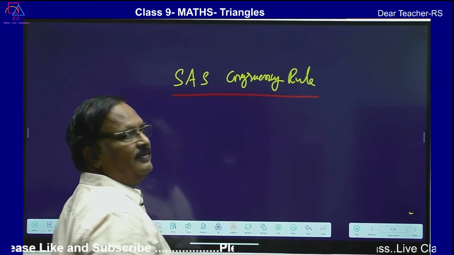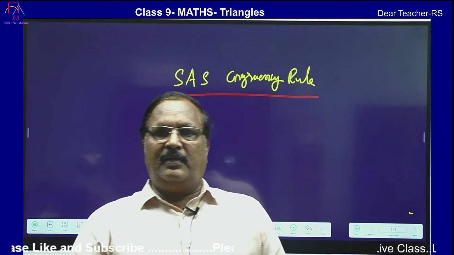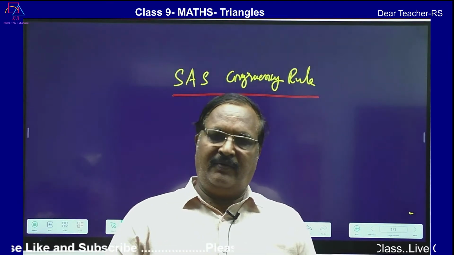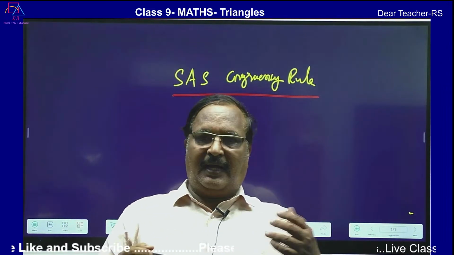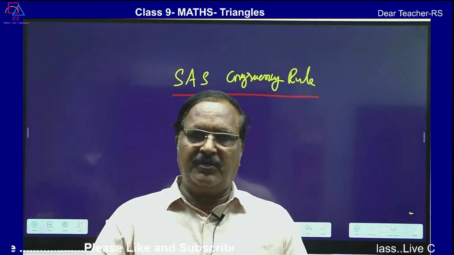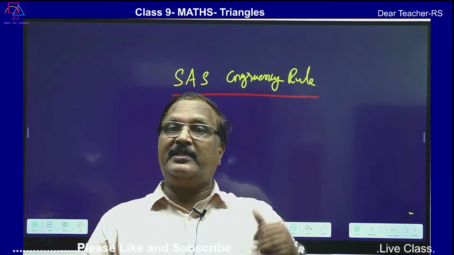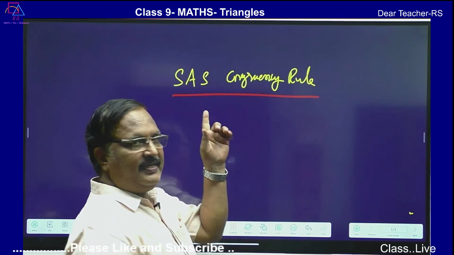This I have already explained. You can refer back to my video. So today I will be giving you one more congruency rule, and then we will do some problems based on these two rules. So this is the criteria